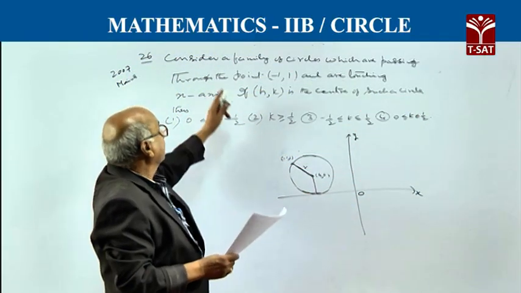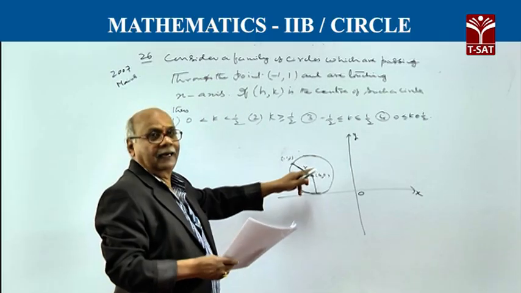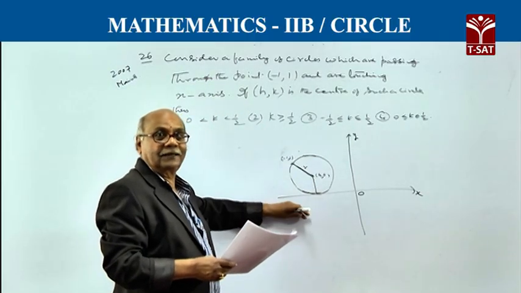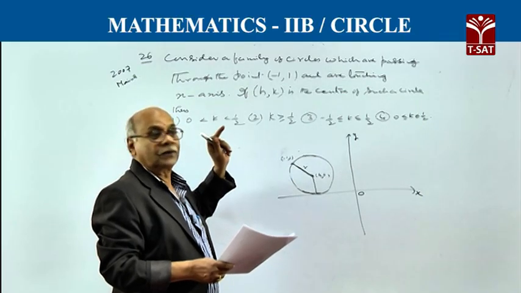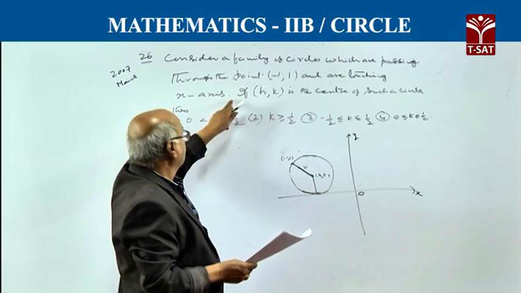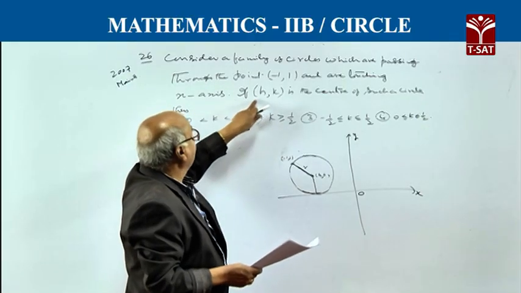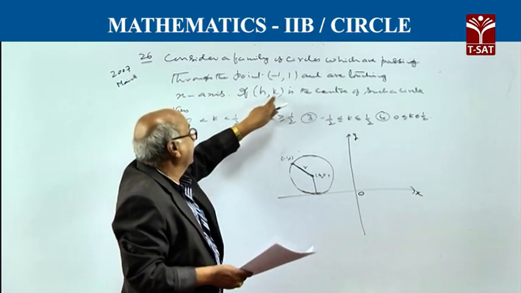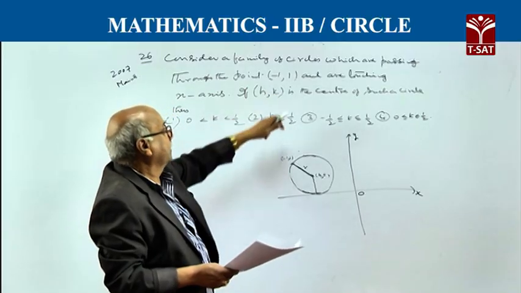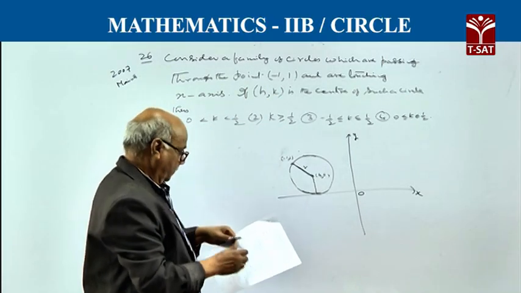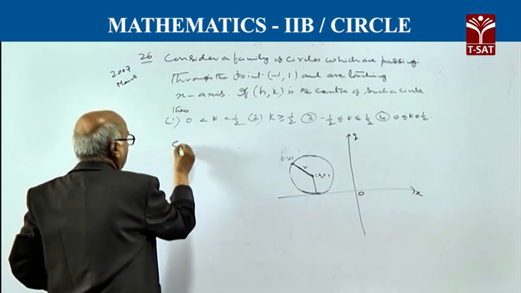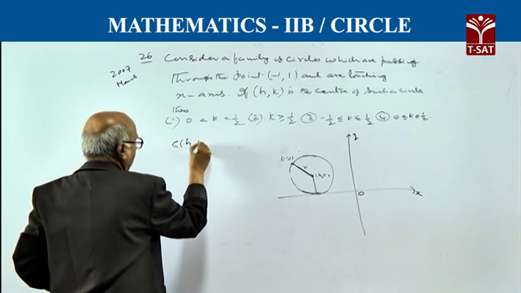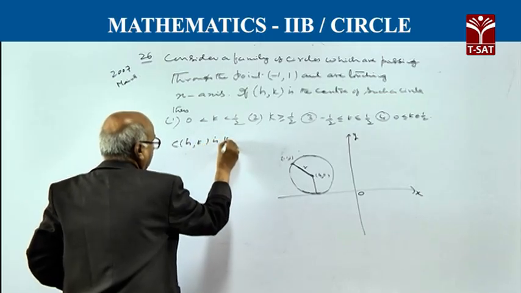Question number 26, or problem number 26. Here in the problem you are given a circle touching the x-axis and passing through the point (minus 1, plus 1). And then, if (h, k) is the center of the circle, what is the range of k? The range of values of k is being asked. So you can write that (h, k) is the center,